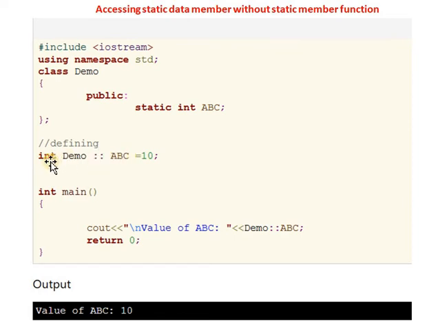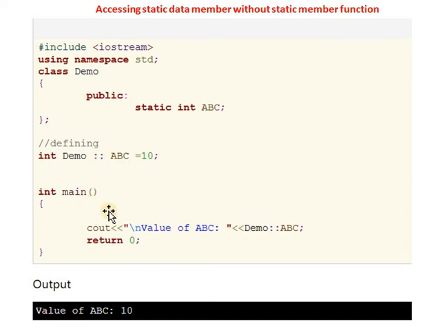How to initialize the value? There is one syntax. First we specify the data type. After that we specify the class name. After the class name there is the scope resolution operator. After the scope resolution operator we specify the member name, and by using the equal to operator we assign the value to the static member variable.